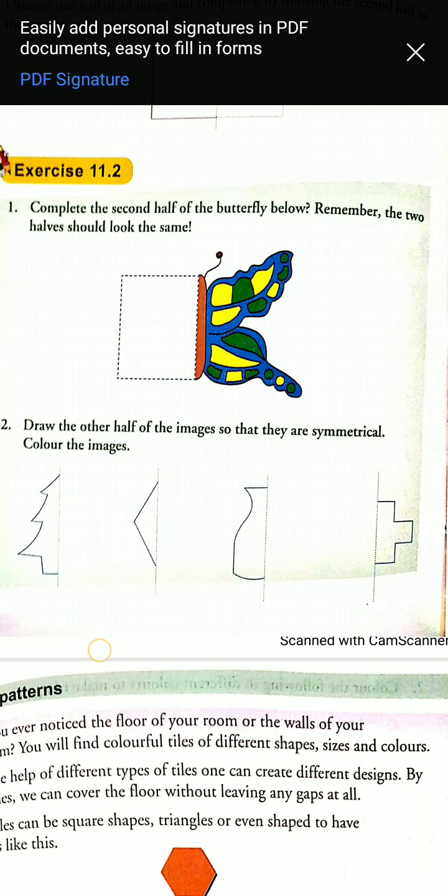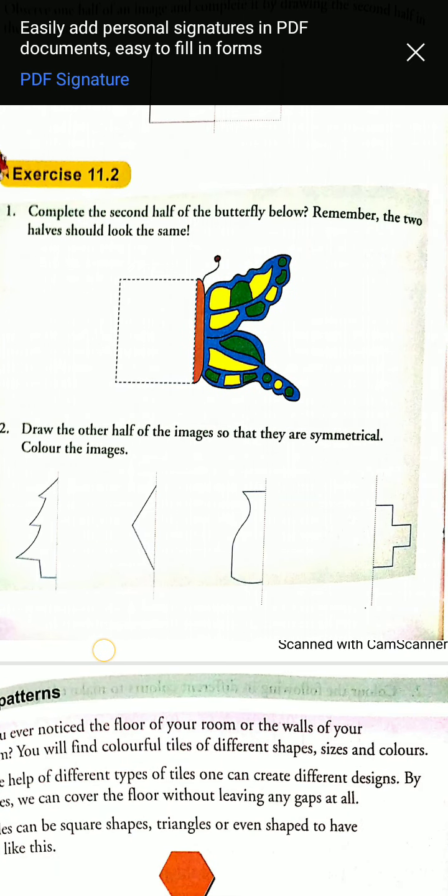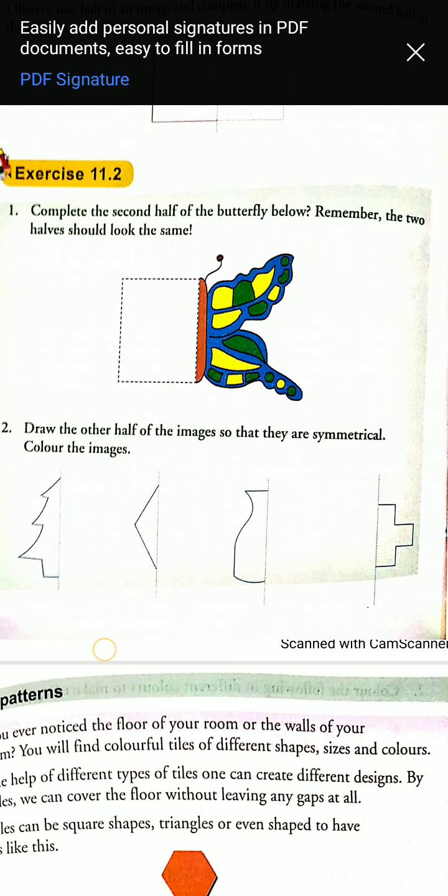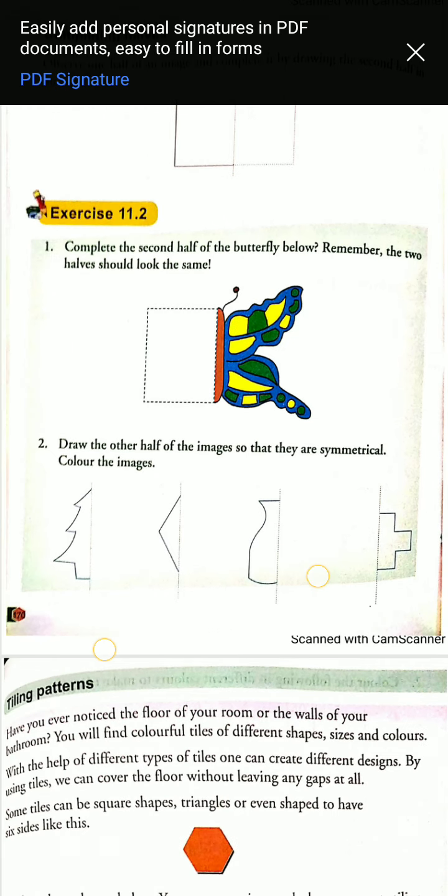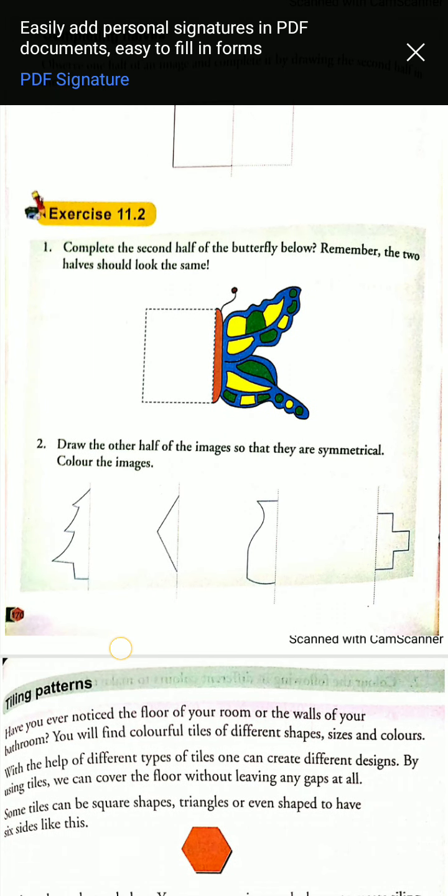See here, what is this? A rhombus figure, then you have to draw like this. Same figure. And this looks like a pot, then you have to draw like this. And this is a box with a plus sign, then you have to draw like this. Okay, you have to draw the same image opposite. Here you have to draw the same image here. Okay, I hope you all are getting my point.